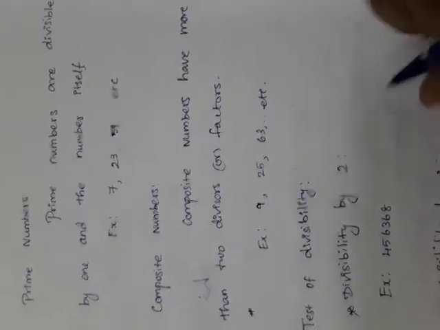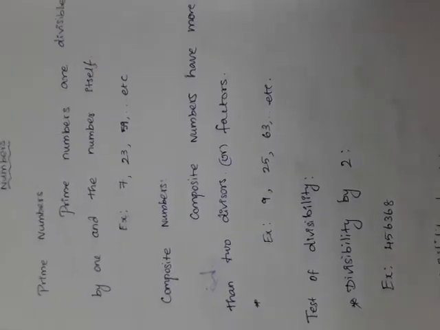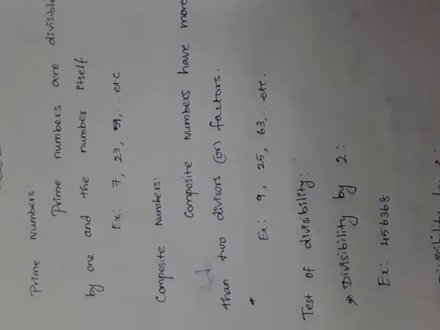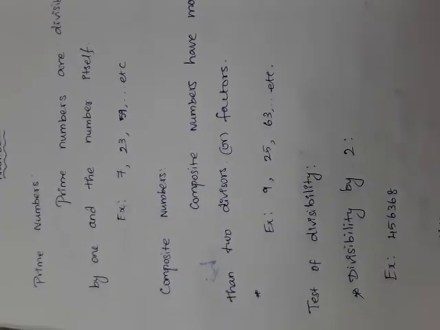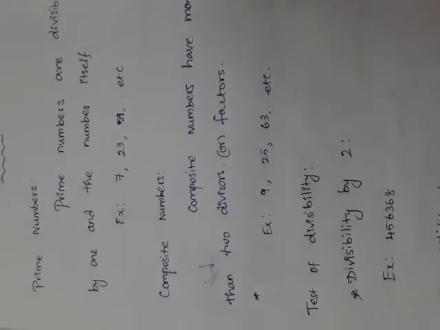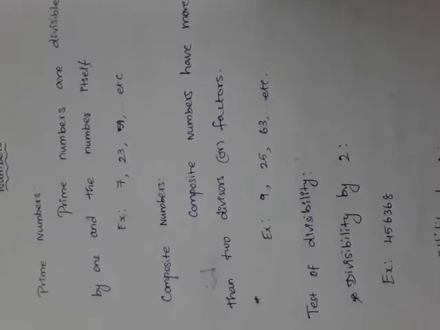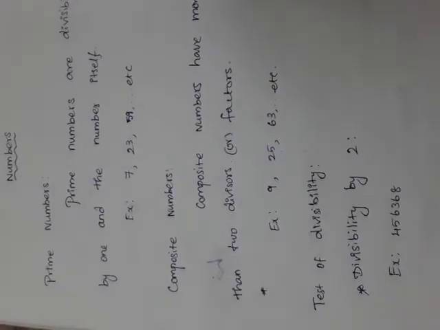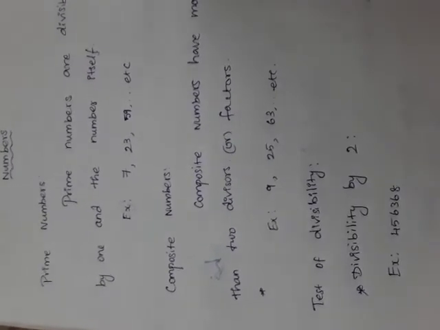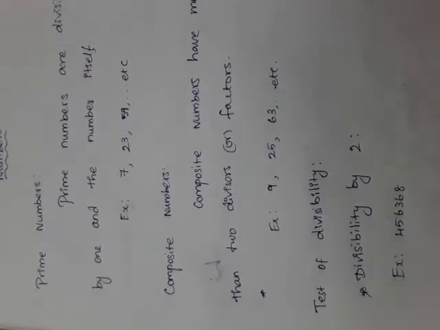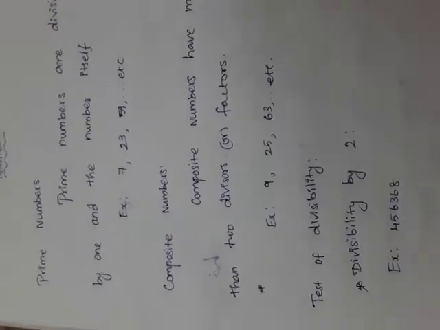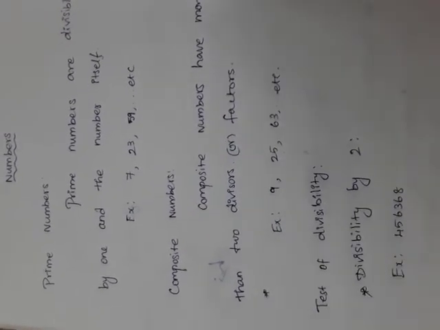Next example is 25. 1 twenty-five is 25, so 25 can be divided by 1 as well as 25. Do you have it in any other table? Yes, 5 fives are 25. It will come in the fifth table also. So it will come in the first table as well as some other table. This kind of numbers are called composite numbers.